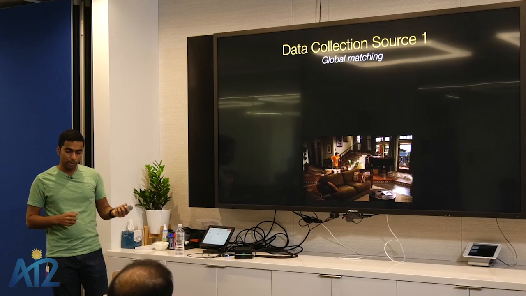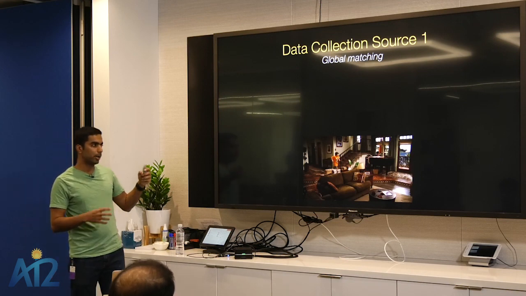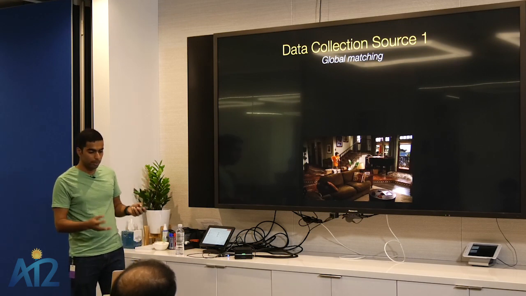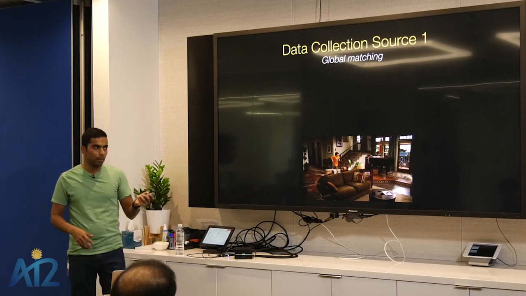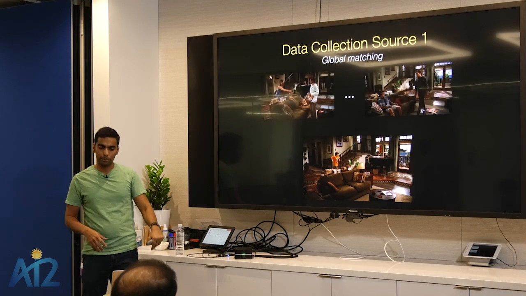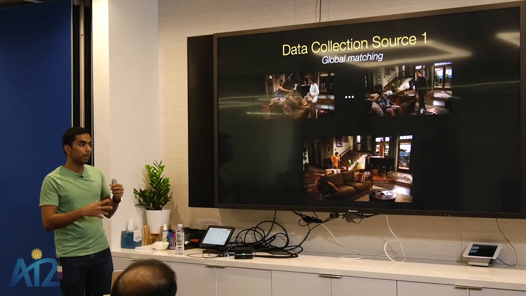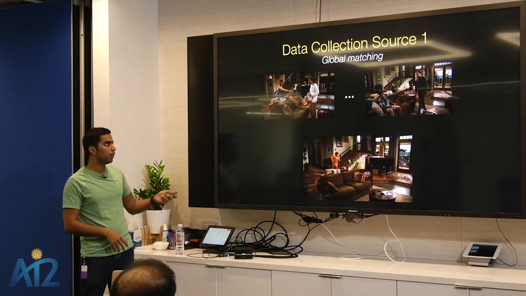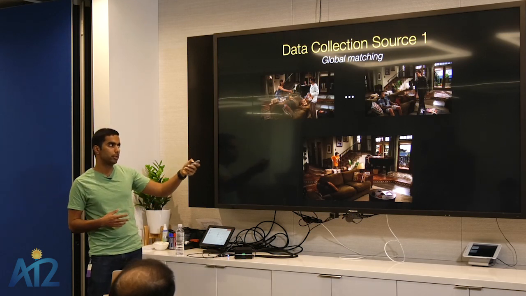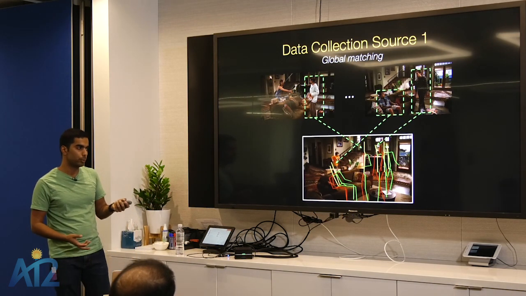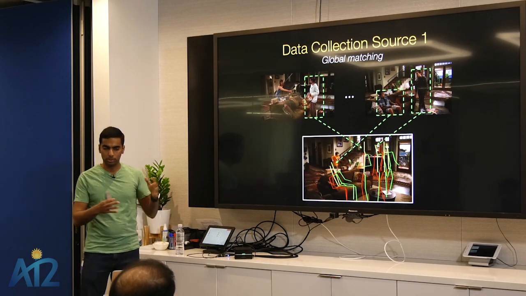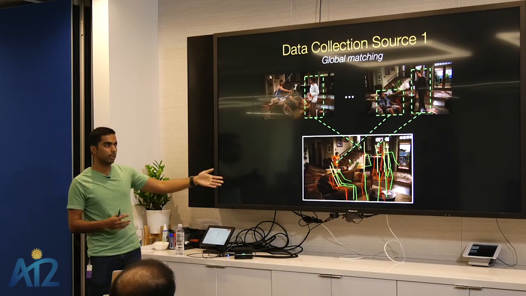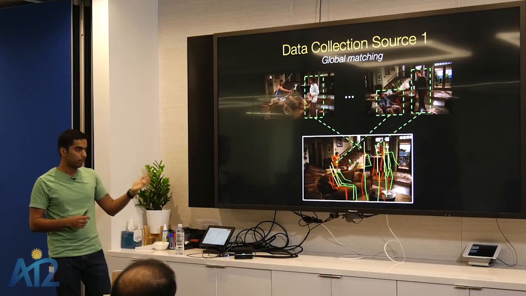So the way we do it is we first start by finding these frames from the TV series that are empty or basically don't have people in them. We just train a classifier to find these scenes, and then we do a nearest neighbor lookup over all the different frames from the TV series to find other frames with the same scene from the same viewpoint but with people in them. And once we have those different scenes, we can basically just detect people, extract their pose, and just transfer that onto the original frame that we had, which was empty. And this gives us one data point of this scene labeled with a bunch of different actions that a person can do in that scene.